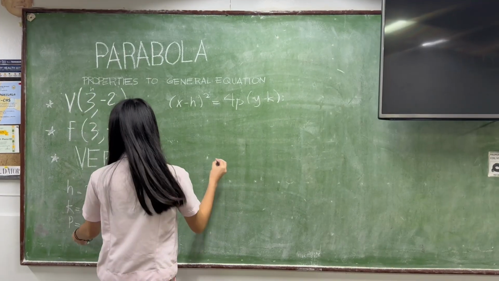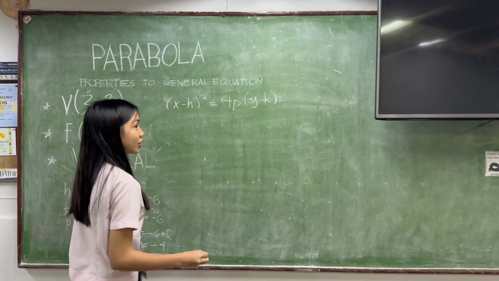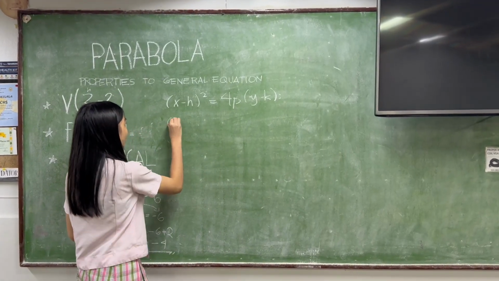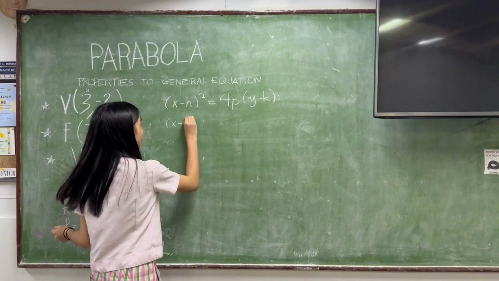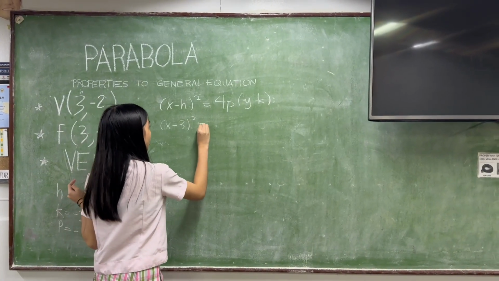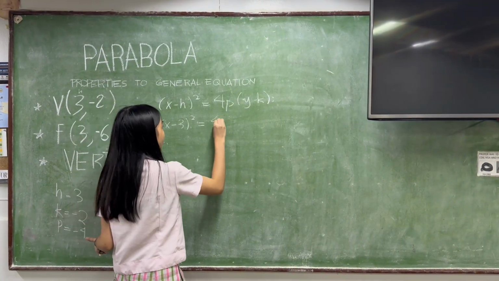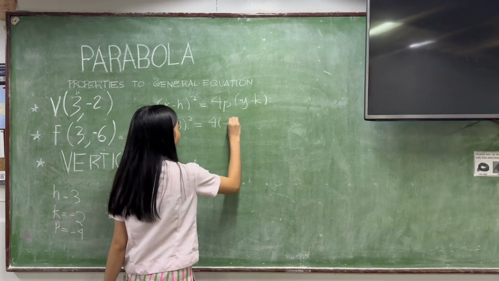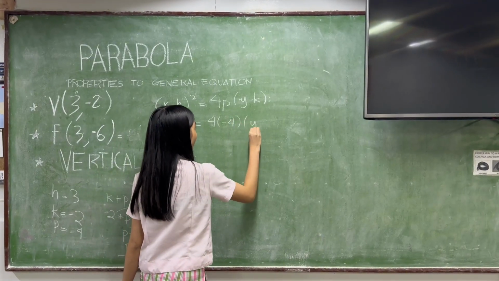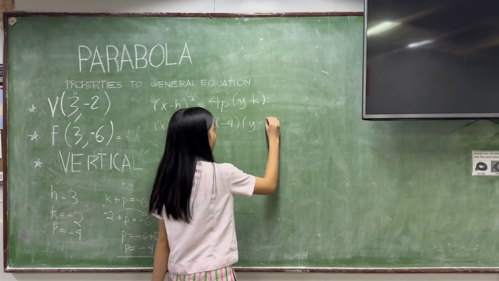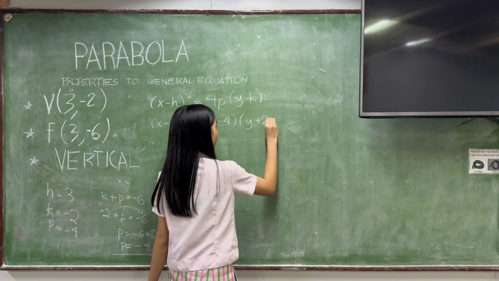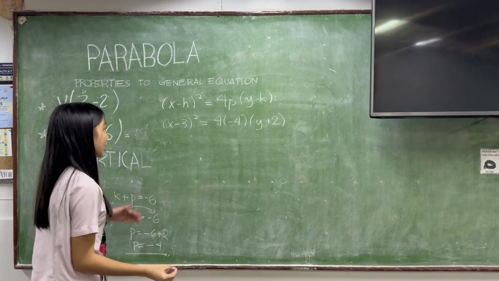After finding the h, k, and p, we can substitute that into the equation. So, (x minus h) squared, which is 3 squared, equals 4 times p, which is negative 4, times (y minus k), which is positive 2. After that, we're